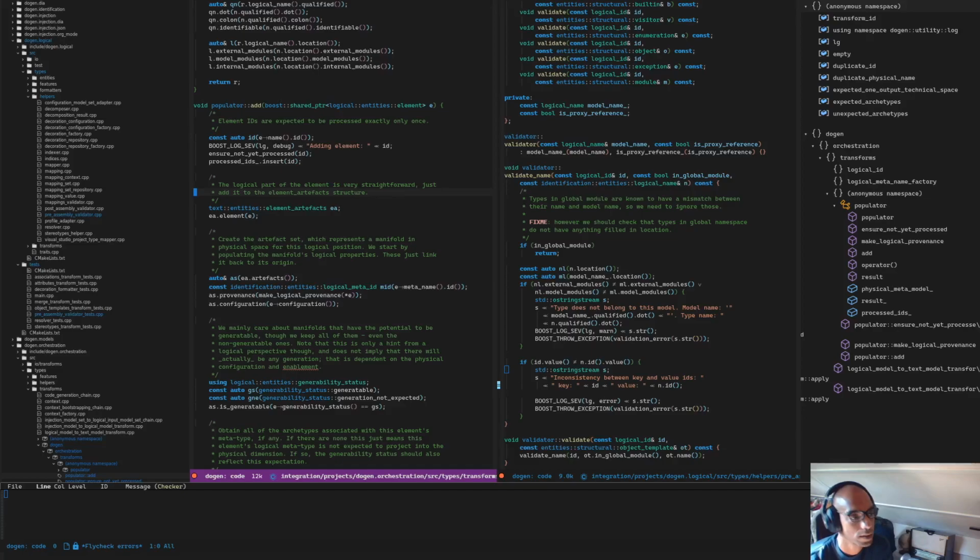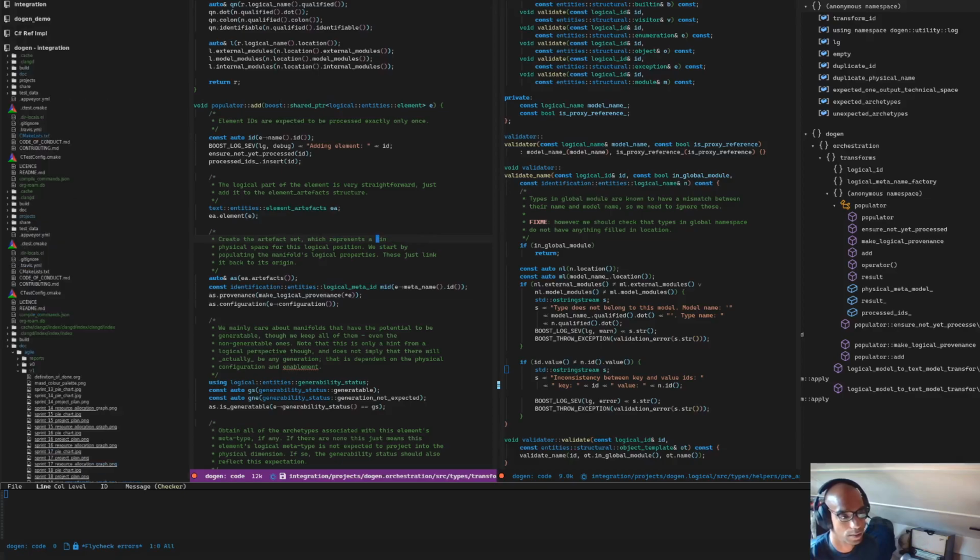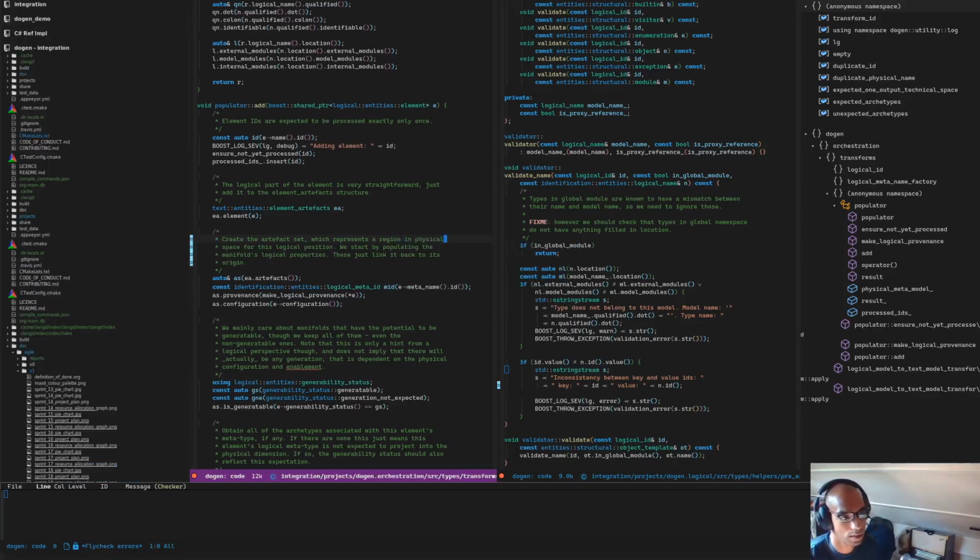Oh yeah, we're building the text model at the moment. So create the artifact set, which represents, I don't want to use the word manifold anymore, a region in physical space. Or maybe we should say the region in physical space. For this logical position, we start by populating the